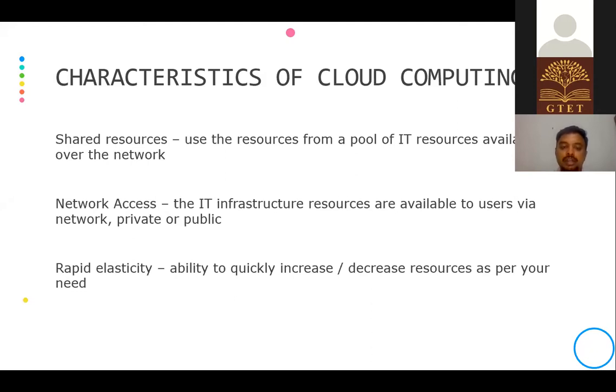All of this, if Jio had to do it on their own, they would have to invest in data centers with the infrastructure, the computers to store this amount of data. They would have to invest in